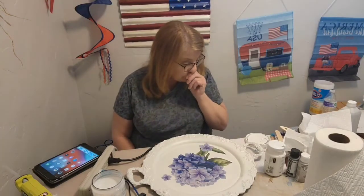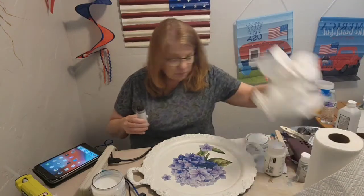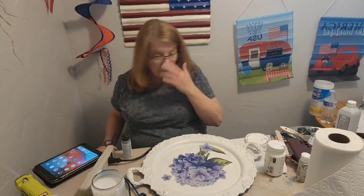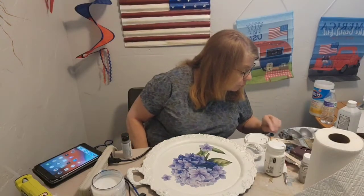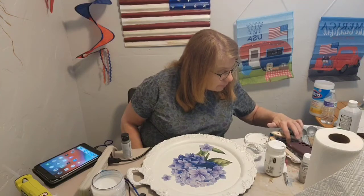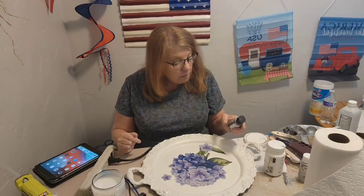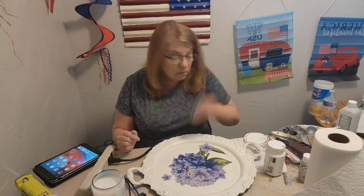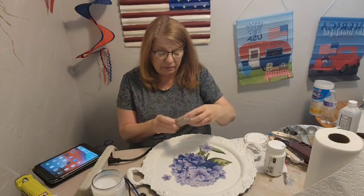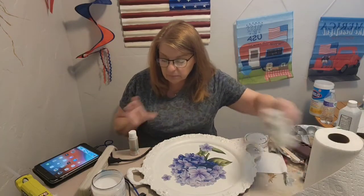Okay, so now, I haven't quite decided what color to use. I have this gray out already. I think it's called Metallic Paint Tin. And then I have Metallic Acrylic Tester's Craft. I have no silver. So I think what I'm going to do is cover this up before I...